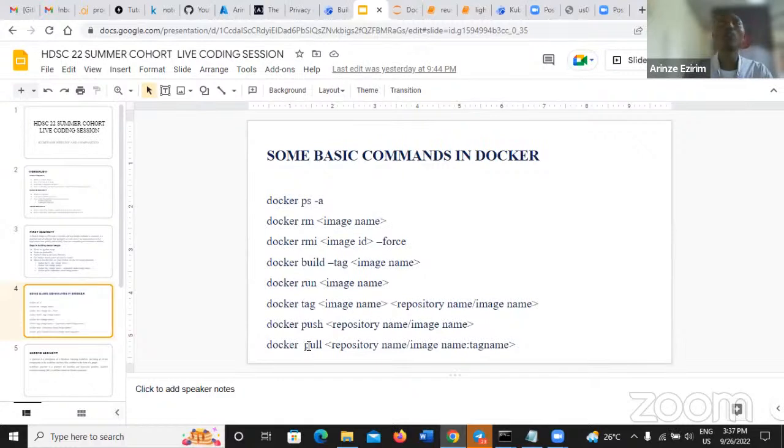Now to pull means to remove an image from a repository. That's for the Docker pull. So currently I've removed my image, so it's no more there. And now these steps are what we will do iteratively when we come to building Kubeflow pipeline and components. Because in building pipeline and component, which is our second segment,